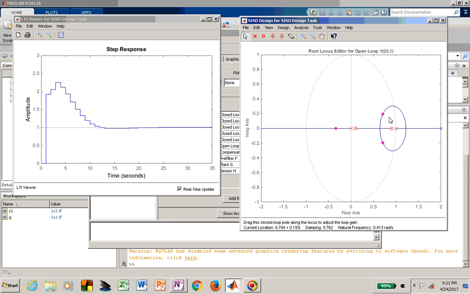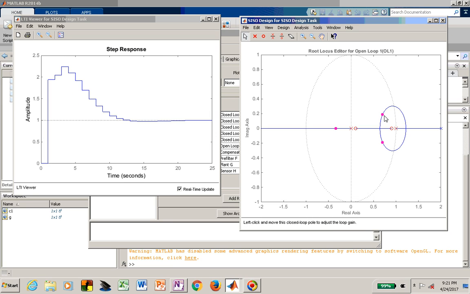And maybe I can find a sweet spot which is looking about like maybe 0.7 plus and minus j0.19 in this case, and that's now a pretty good closed loop pole response